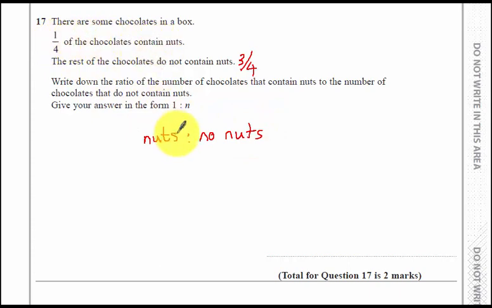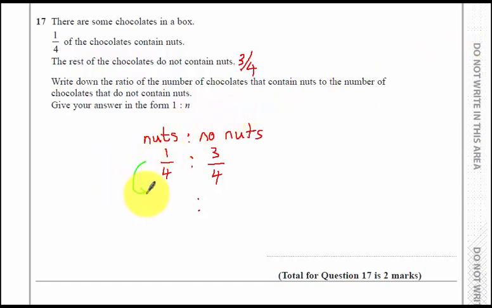Well, 1/4 of the chocolates contain nuts, so this is 1/4. 3/4 do not contain nuts, so that's 3/4. The question says give your answer in the form 1 to n. Now there's a couple of ways of doing this. If I've got 1/4 and I want to make it 1, I've got to times it by 4. Think of a pizza. If you have 1/4 of a pizza and you have all 4 quarters, you have a whole one. So I'm going to times